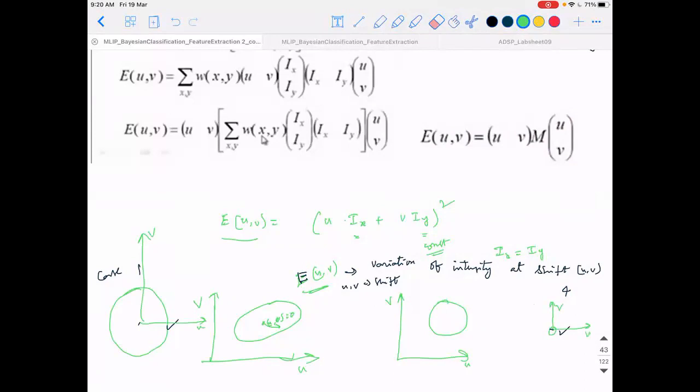Okay, so for different u comma v's, what I got here is, assume that this is 1, just to have a simpler idea. If I keep shifting in any of the 8 directions here, I'm getting equal values. What does it mean? And here also I'm getting equal values, but the equal values here are much lesser compared to the equal values I got here. On the other hand, in this case, if I move in any of the directions, I'm not getting equal values. In one direction, I'm getting more value. In one direction, I'm getting lesser value.